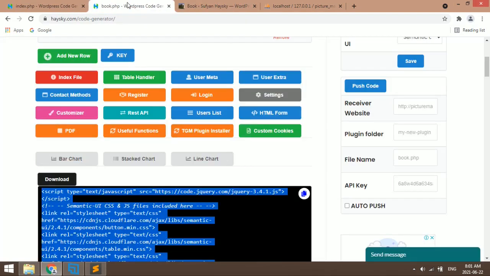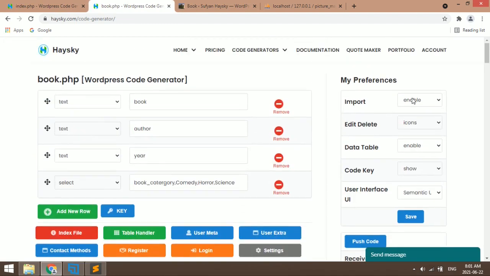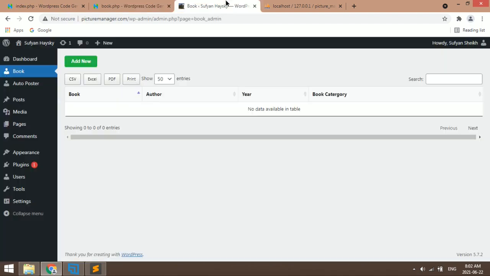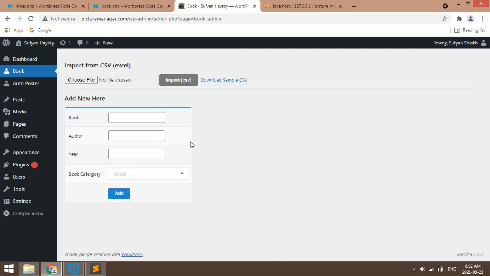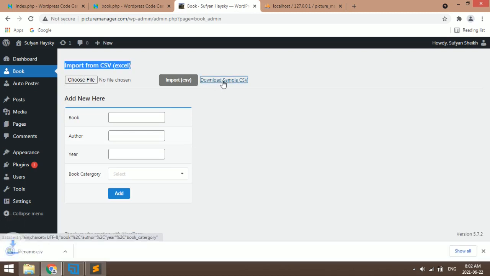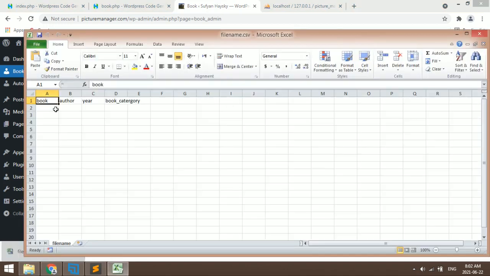Okay, now we'll see preferences. First one is import enable. If import is enabled, then you can add books in Excel format also. So this is the import option. First of all, we should download the sample file and then add values to that file. So I'll create some books here. So maths book is there, author is there, and book category comedy.